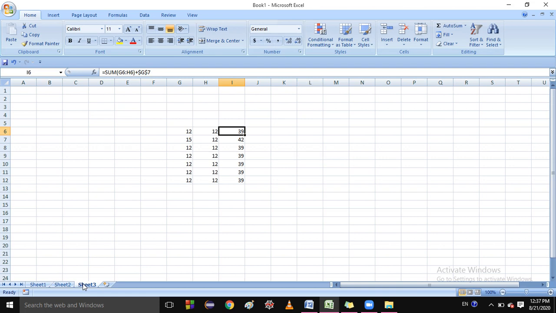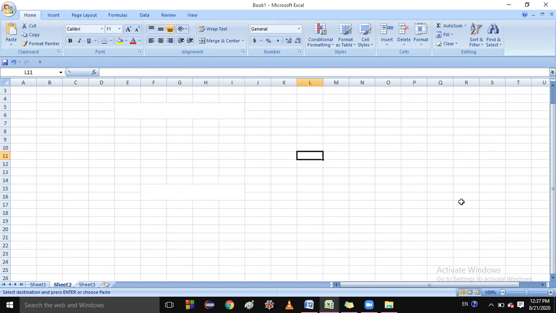Next, click on the sheet where the sum function is used, over here. Then I will copy, Control C, go here, and paste, Control V. You will get J11 colon K11 and $G$7.